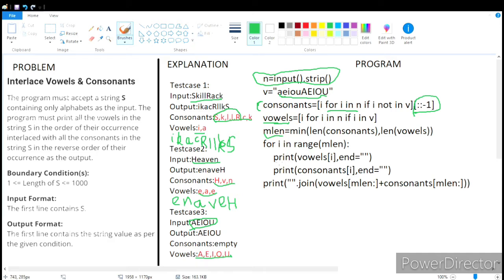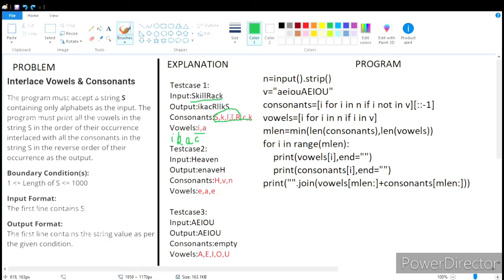First, I am printing till my minimum length. So, in the first case, the minimum length will be 2. So, from 0 to 1, the values in vowels and consonants will be printed. After the minimum length, what is left over in the remaining consonants will be printed.